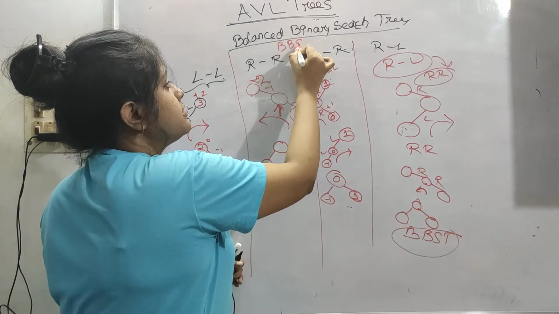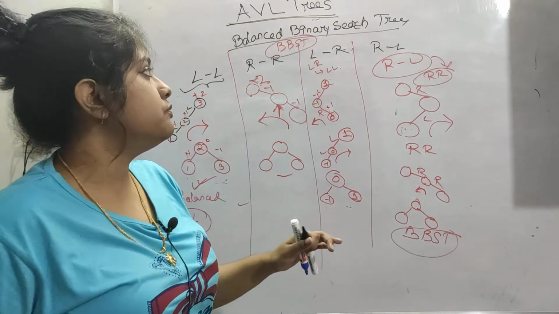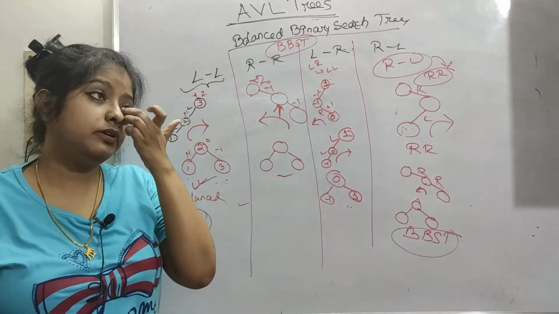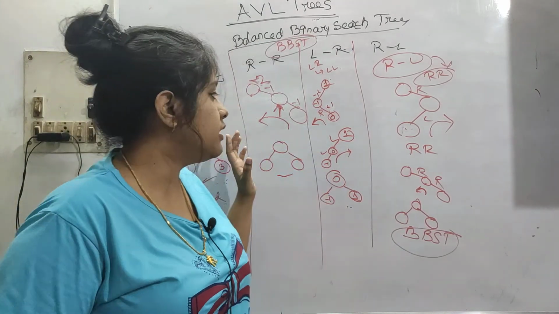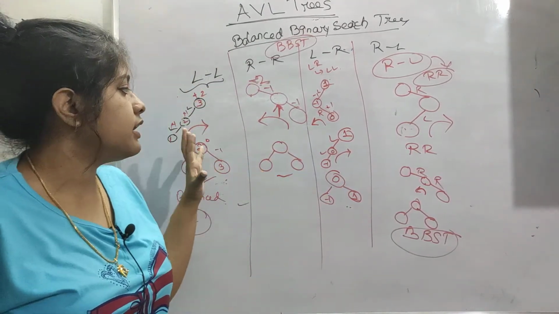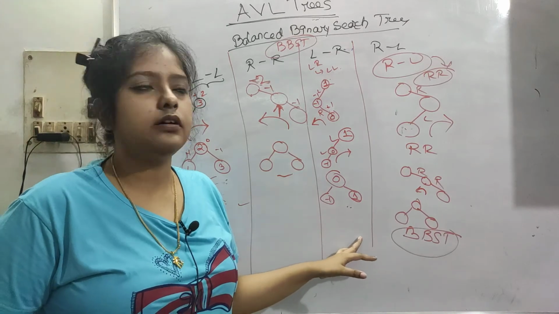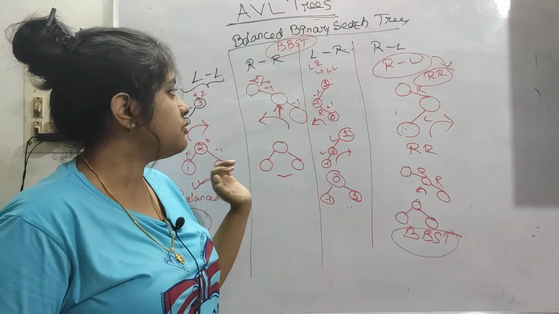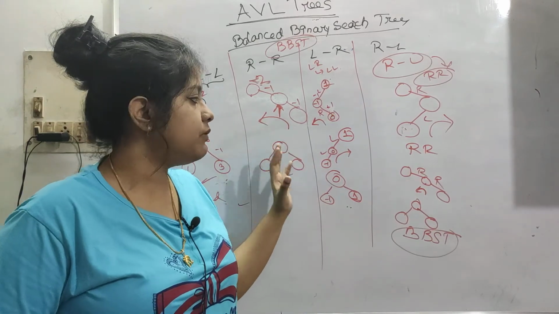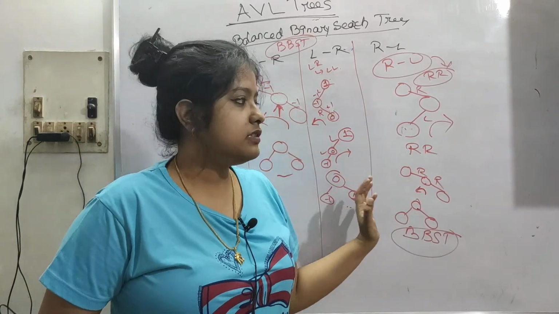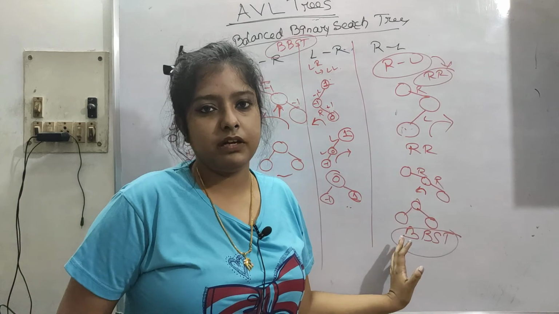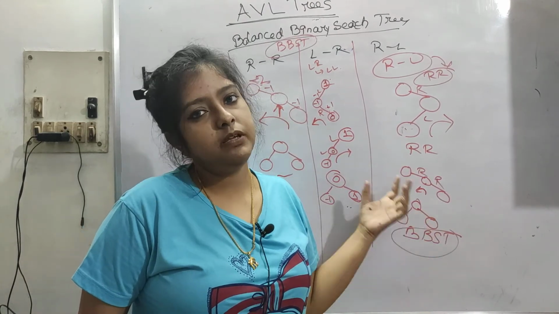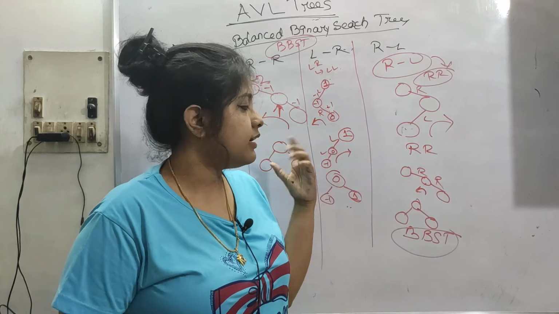BBST, a binary search tree which is balanced, is called a balanced binary search tree. We will do examples on this, then it will be clear to you. For now just take a note of it, because it will be necessary and helpful. You don't have to remember all this. With the help of examples it will be very easy, and this is a very scoring part. If this kind of question comes in your exam, it will be very scoring for you, so it is an advantage.